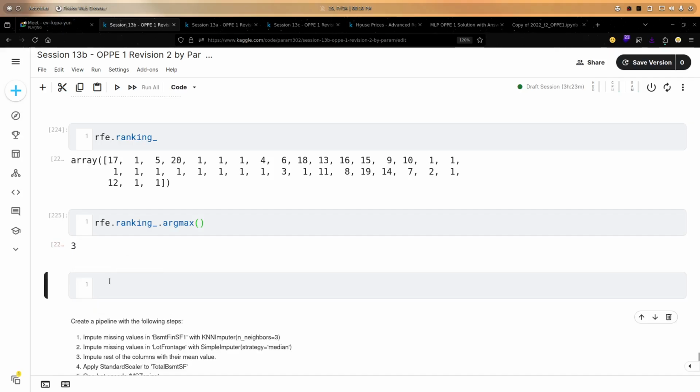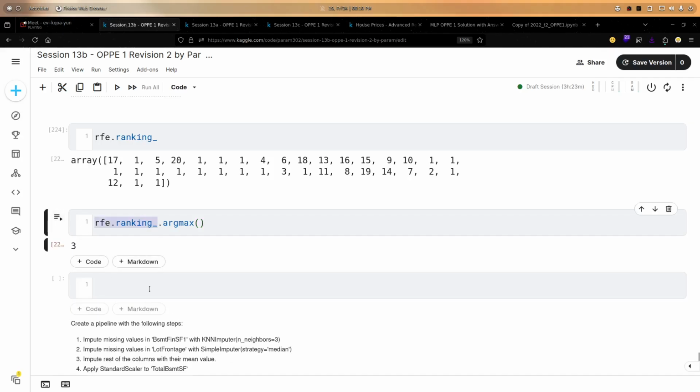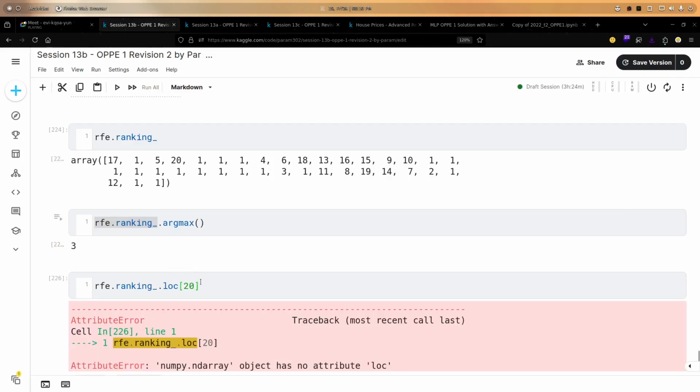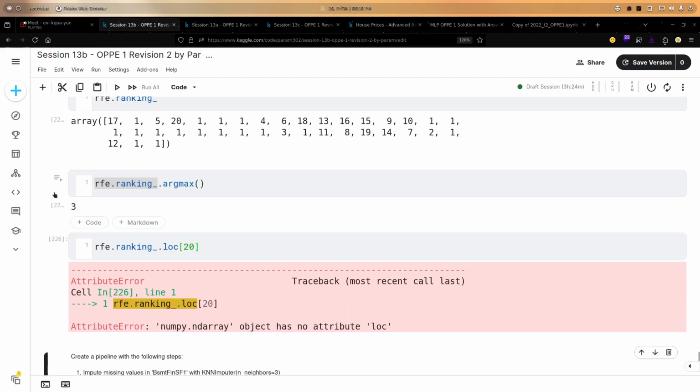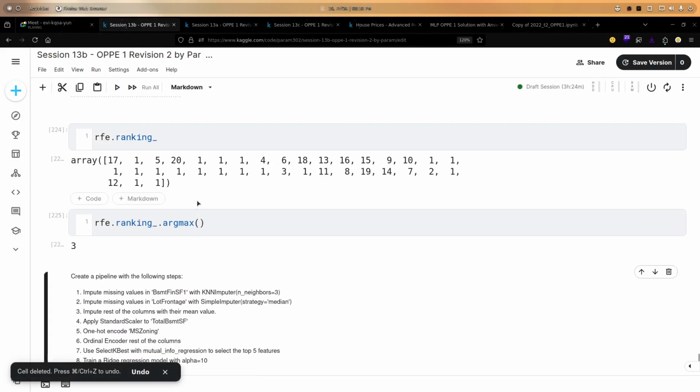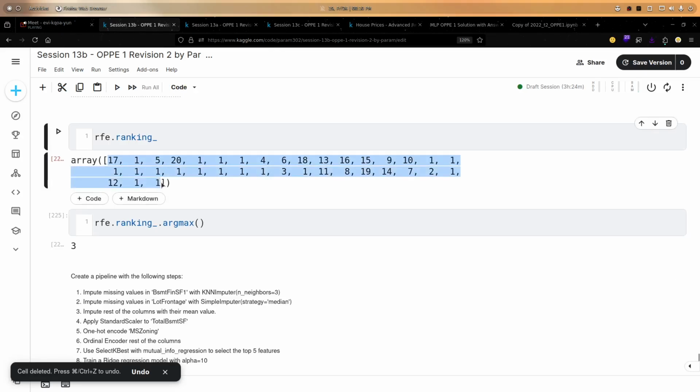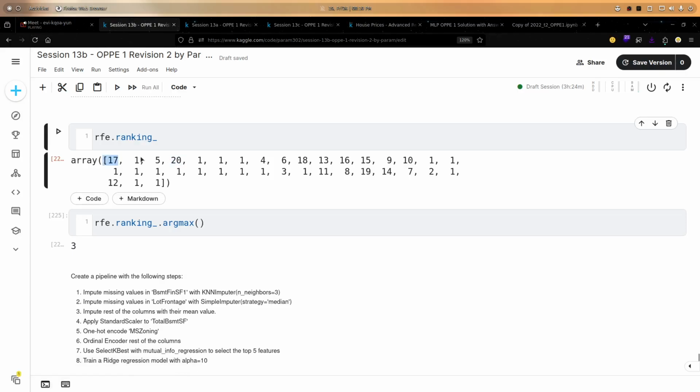Or I can also use the log as well. Dot log 20. Okay, sorry, a numpy array doesn't have any log. If I convert it into a series, then I can use the log. So argmax gives the index of the maximum value whatever the array has. So 20 is at the third index. As you can see, 17 at 0, 1 at 1, 5 at 2, and 20 at 3.